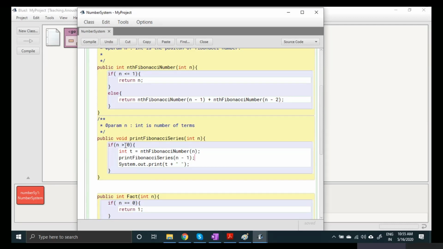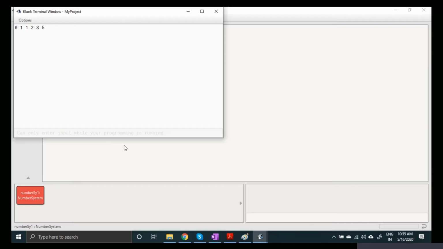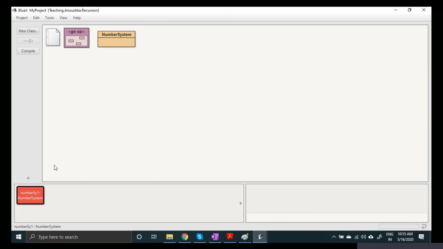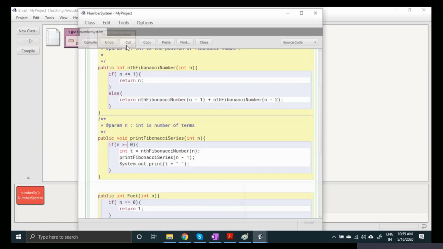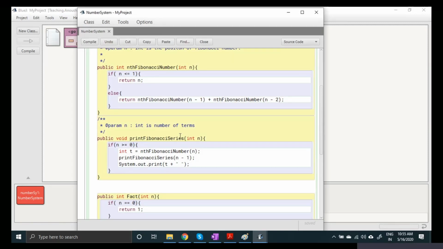What if we give greater than or equal to 0? Alright, equal to 0. It will print 0, 1, 1, 2, 3, 5. See, I don't have to give 0 here. It will print only 5 terms. It will not print the extra term. Right?